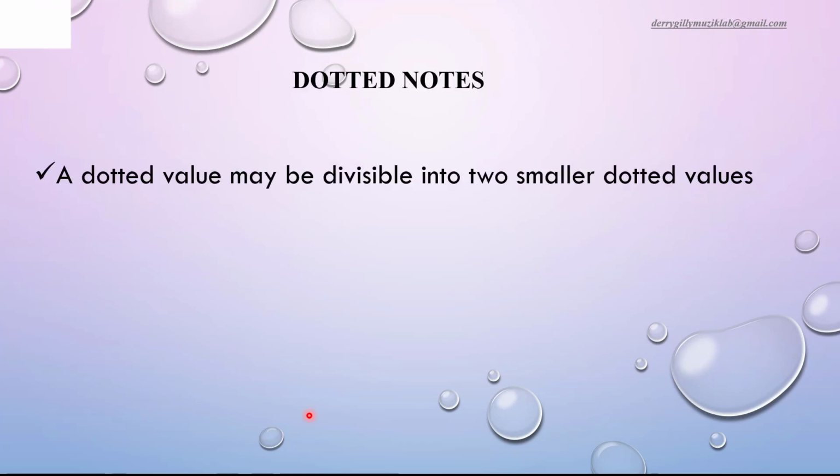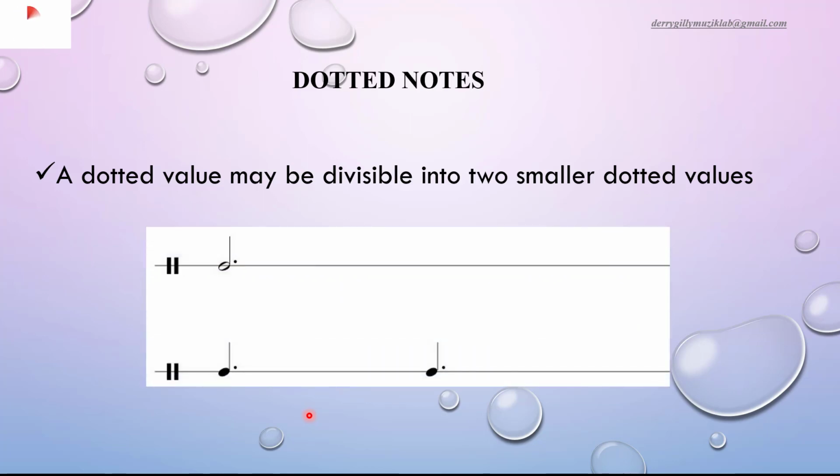Now let's try and then see the third interpretation. The third interpretation is also talking about a dotted value may be divisible into 2 smaller dotted values. And what do I mean by this? Let's look at this. And this one, it's very critical for comprehending compound meter. We won't dive into this too much, but I'm explaining how this one can be divisible into 2 smaller dotted